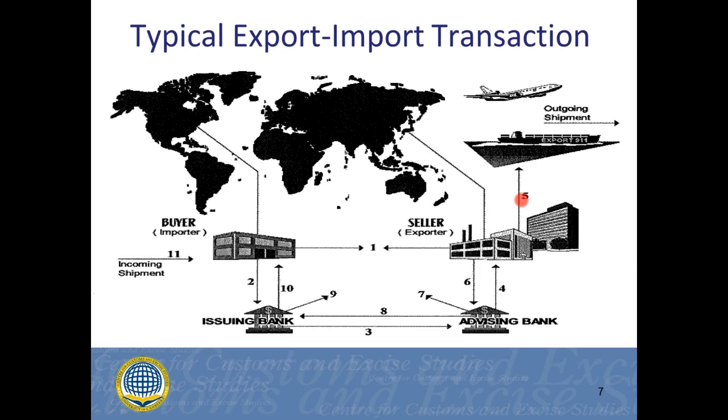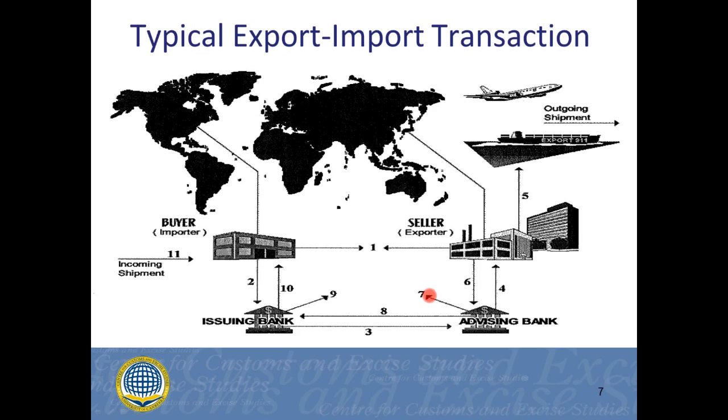Then the seller in step 5 checks whether they're happy with the conditions of the credit, prepares the goods and relevant documentation, and arranges the delivery of the goods to the carrier. Then the seller presents documents evidencing the shipment, such as the bill of lading, to the bank, and the bank will be willing to negotiate under the terms of credit. In step 7, the bank examines the documents and drafts them for compliance with terms of the credit, and if all terms of the letter of credit are complied with by the seller, the bank will pay or accept or